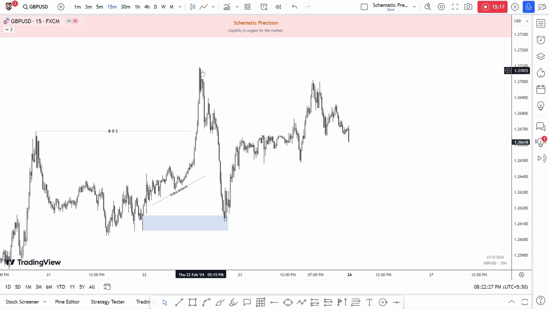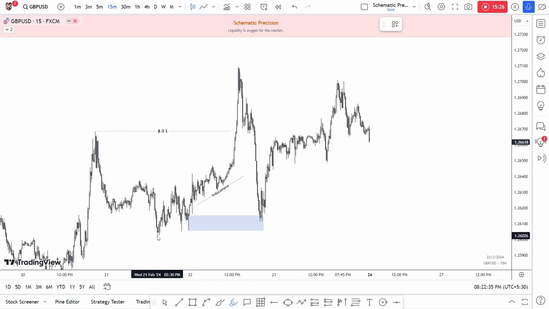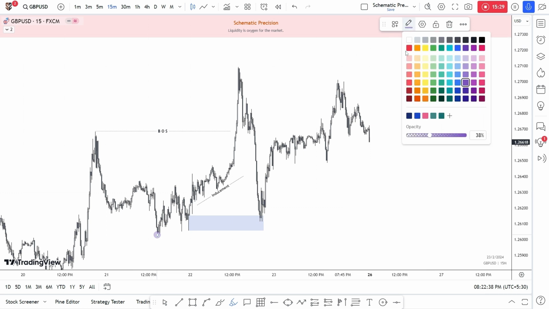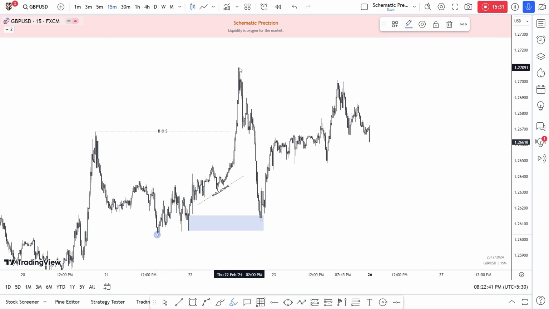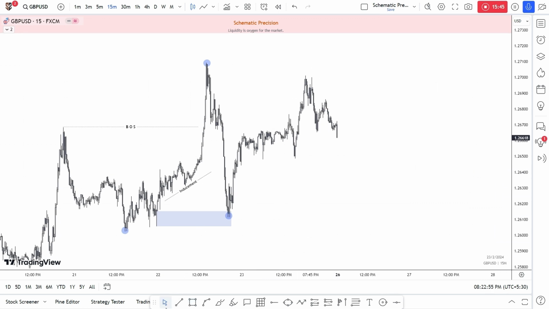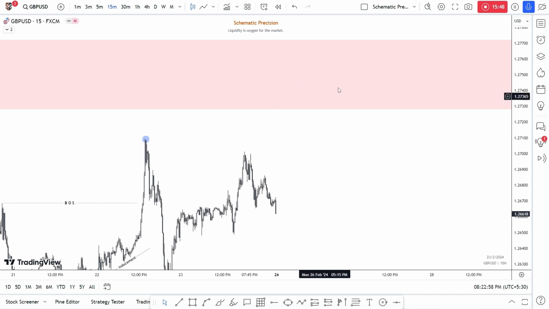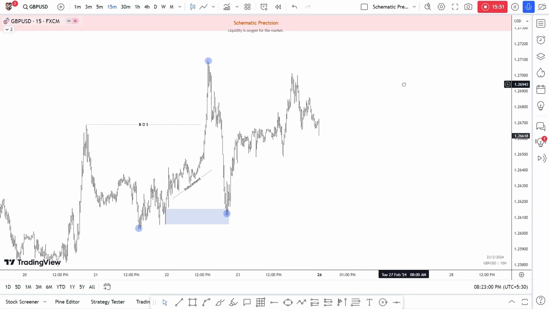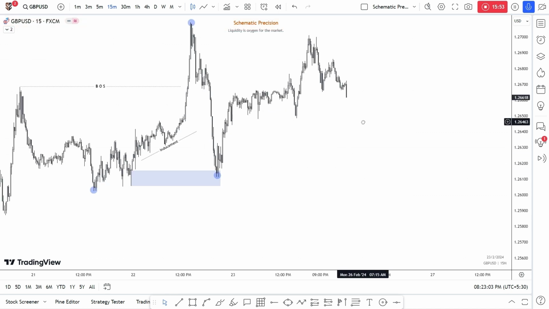So until this high is taken, this low can't be confirmed. So if I mark the market structure here, especially, this was our lower low, this is the higher high, lower low, and for the higher high, we need this high to be broken, right? So if the market breaks this and mitigates this supply, we will look for our shorts. If not, and if price drops down, breaks this low,